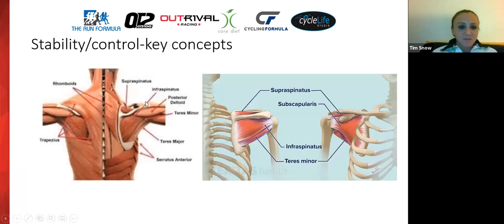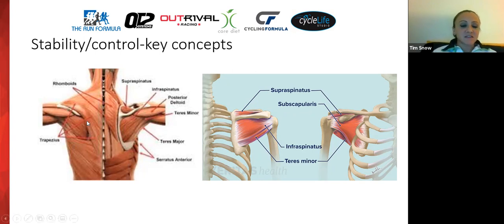When we talk about our scapular stabilizers, there are a few that are key. We're mostly concerned about the muscles that pull the shoulder blade down and back, or the ones that keep it stable against the rib cage and keep it from winging out to the side, because those are the ones that are going to keep it in a good position for the rest of the muscles to work from.